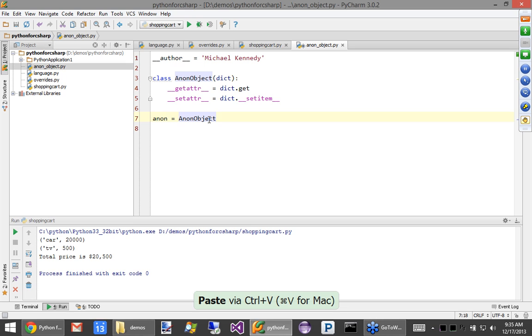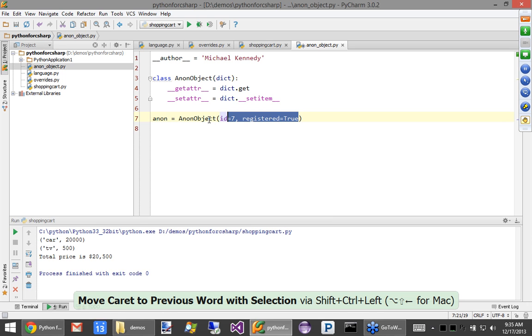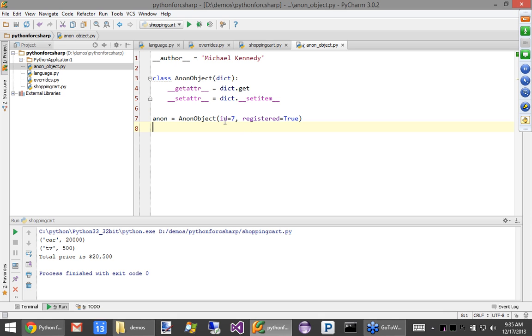Now there's a couple of things that we could do. The simplest one is to just use named keyword arguments. I could pass an iterable and things like that, but let's just do this. I had an id and a registered property. So let's say id equals 7 and registered equals capital T True. Okay, so this is very similar, although it's on one line instead of two, to what we wrote. And notice there's nowhere where we're defining these. These go into what are called keyword arguments. Dictionaries automatically map those to key value pairs, with id being the key, the value 7, registered being the key, and True being the value.